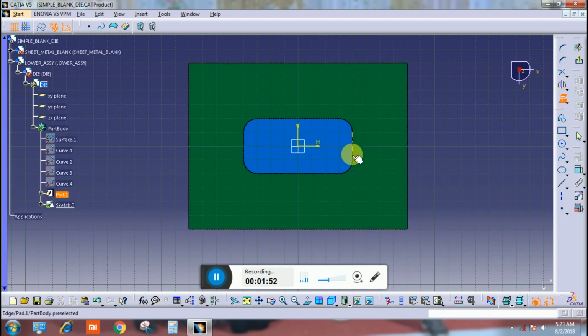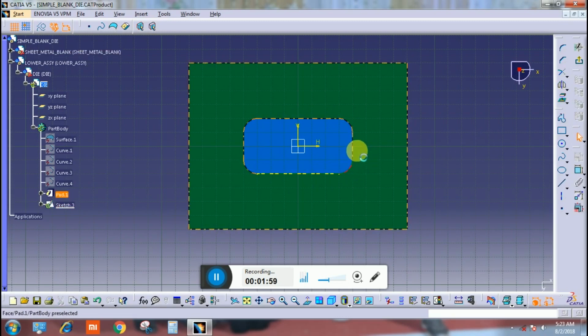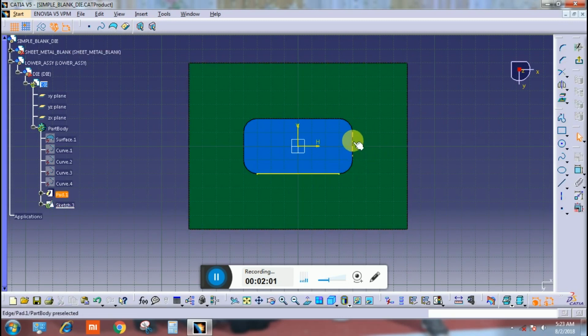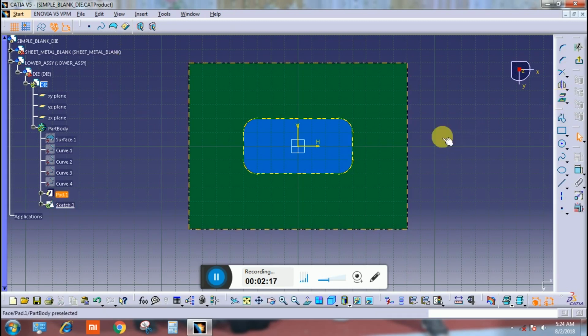Select this and click on 3D element. Okay, so now you need to